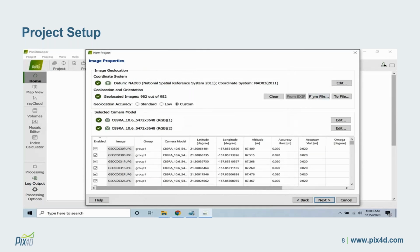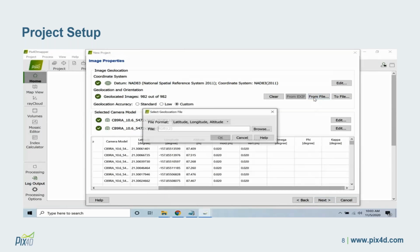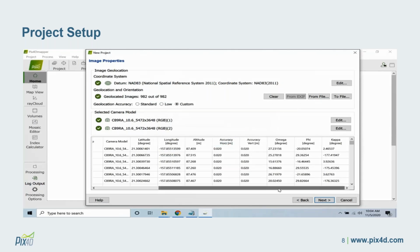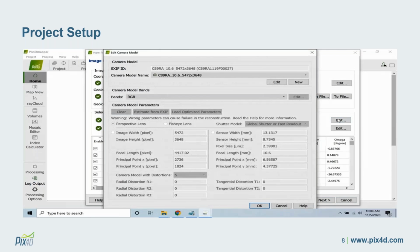The next cool thing you can do, and this is a super accurate system, the TrueView system, is use its advanced IMU and geolocation, where everything coming from it is super accurate. From their software, we're getting an extremely accurate OPK file, which is essentially the geolocation of the images. It gives us really accurate omega phi kappa orientation parameters for the camera, which are now imported into the software. So now the software will use that high accuracy information when it processes the